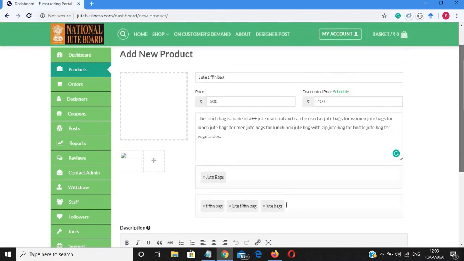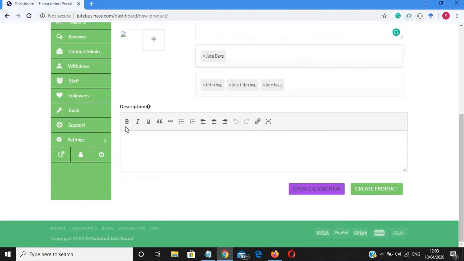Similarly to the short description, the next section is the description section. It is very similar to the short description section, only we need to enter the description in a broad manner. We need to clarify the things related to our product in a broad manner. Various writing options are also available here.